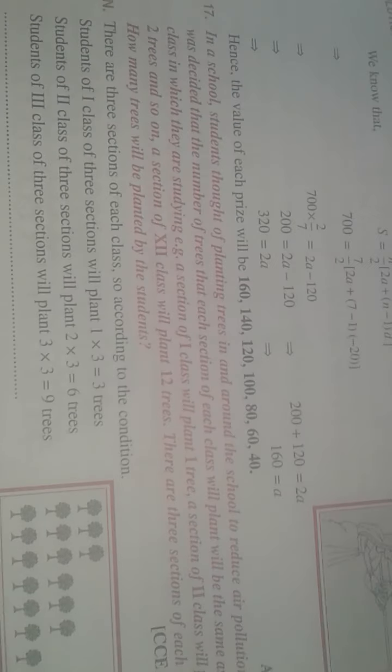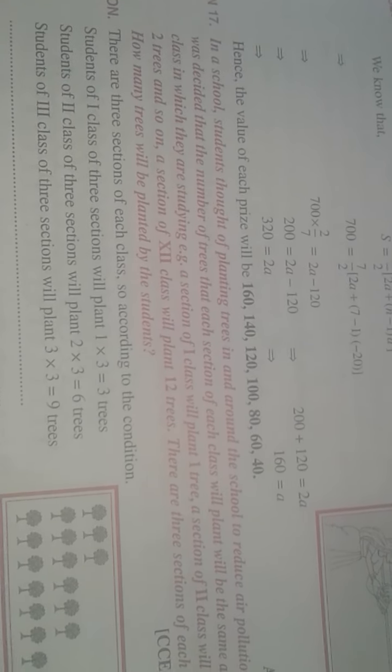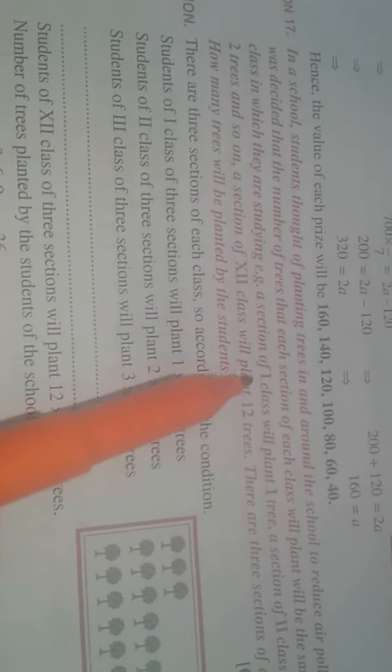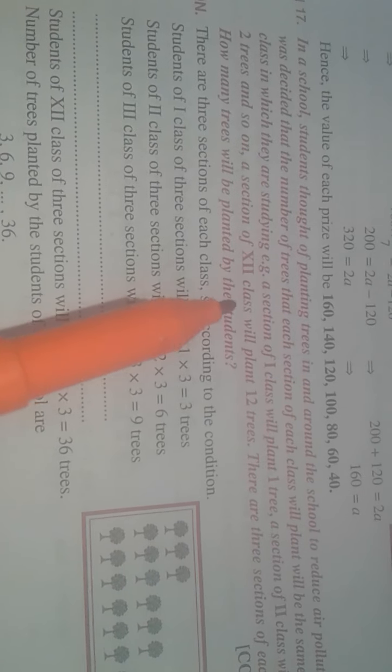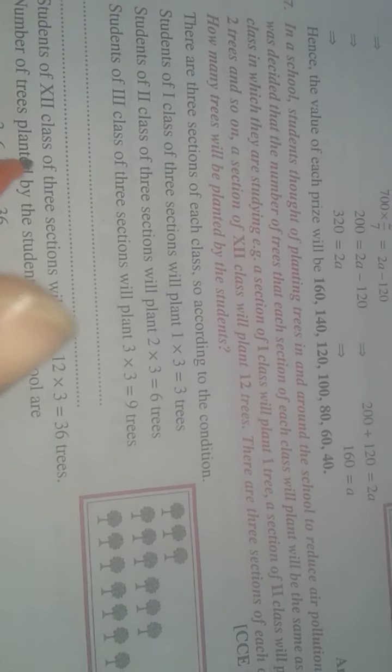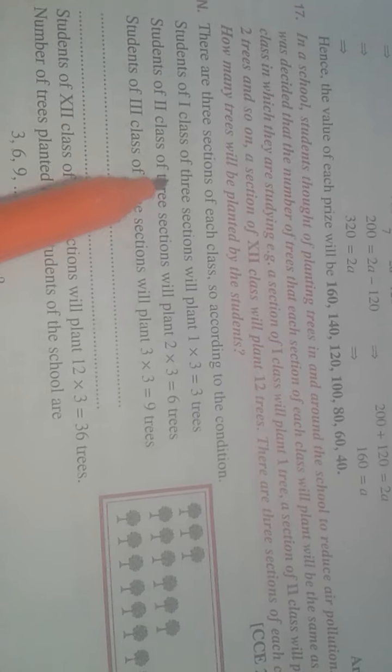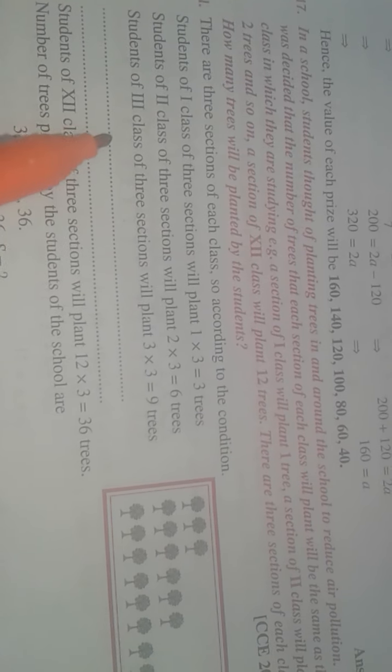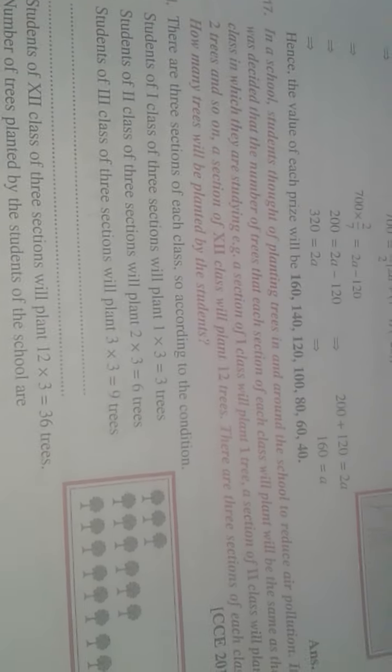So these questions, long back I told you, arithmetic progression is very useful to solve our day-to-day examples. So these are applications based on arithmetic progression. Here it clearly says that the first standard or first class children will plant only one plant. Second class children will plant two plants. And in each class there are three sections. So let me start with the solution.